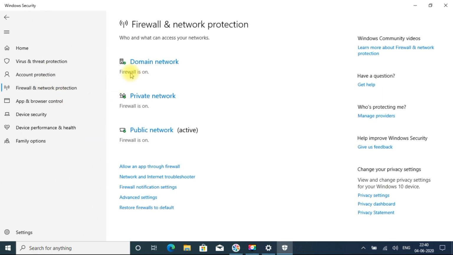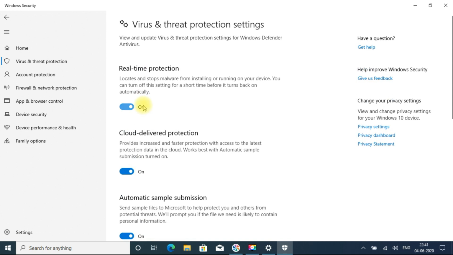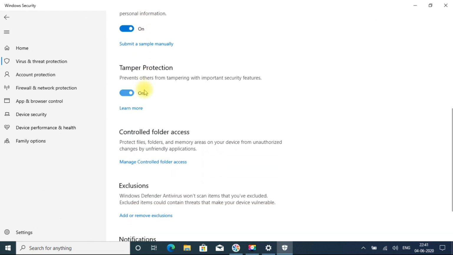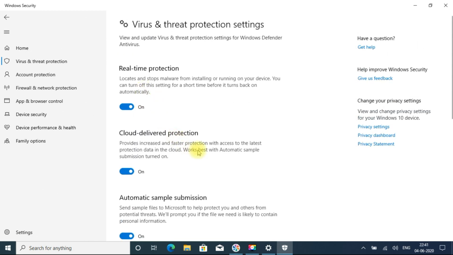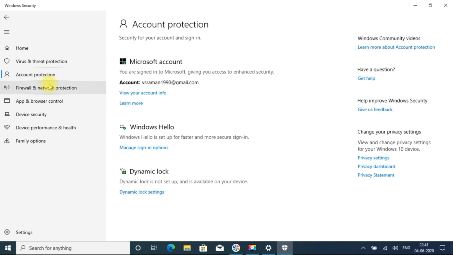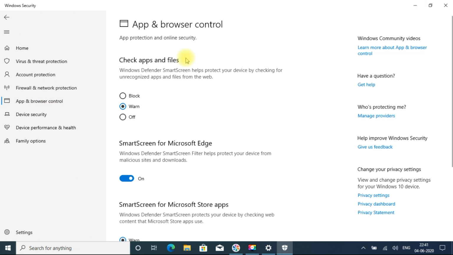Firewall is on, the default Windows firewall, and Windows Defender has real-time protection, tamper protection, automatic sample submission, cloud-delivered protection. All the things are there. So now the Windows default antivirus has been activated once you uninstall McAfee.